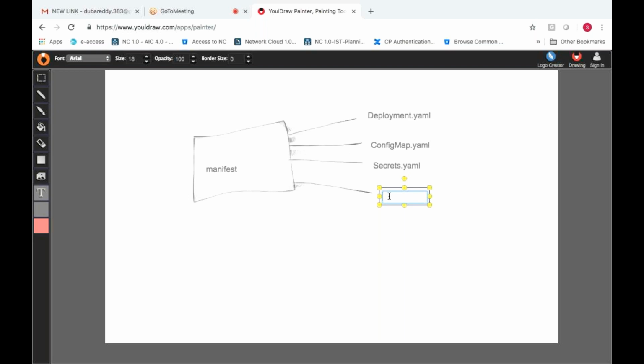Deployment is done, secrets is done, which you can hide the data. Apart from this, let's say replication. Why I have not written replication? Because in deployment itself it is already covered with replication, right?